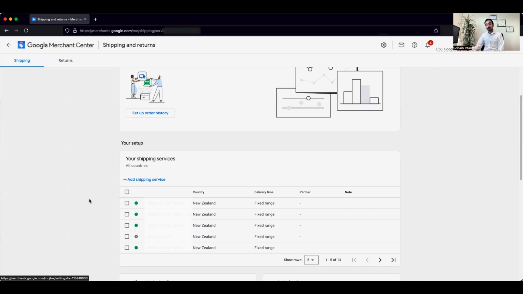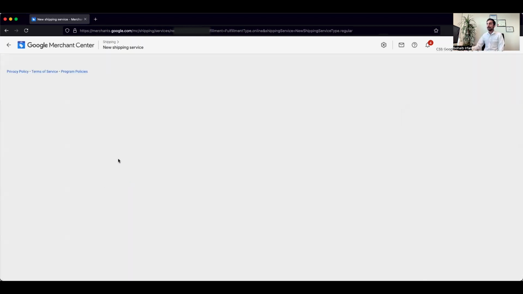There is also another option. Some businesses might have some dangerous goods which they ship to different customers around the country. You can set up different shipping rates for those dangerous goods as well and define some conditions accordingly. So if you click on Add Shipping Service here,